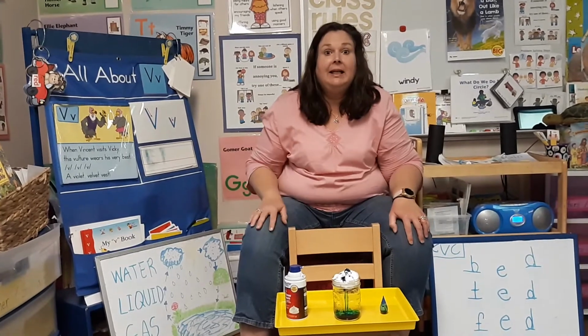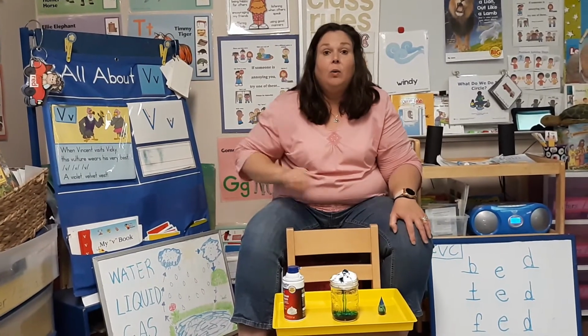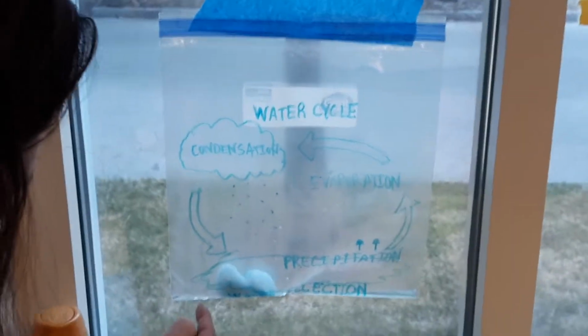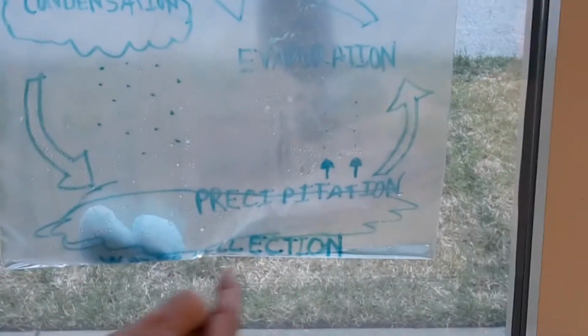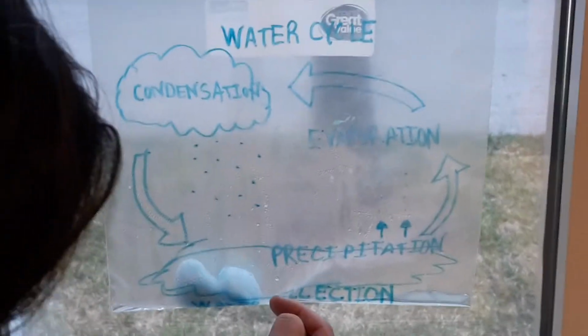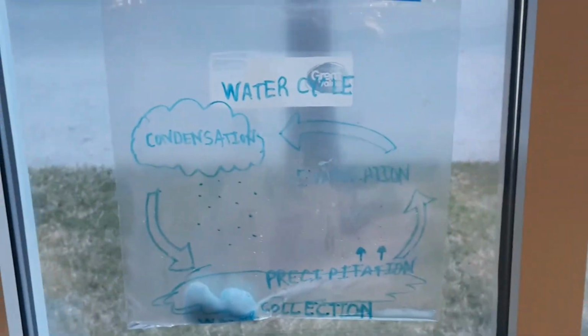Now, before I leave, I'd like you to come over with me. I want to go take a peek at our experiment with our water cycle in the window. So come on over and follow me. So we're going to zoom in closely here, friends. If you can see, our water is settling all down here. You see this little bit of water? You can see that. That down there is all that collection, right, of the water that's been down there from